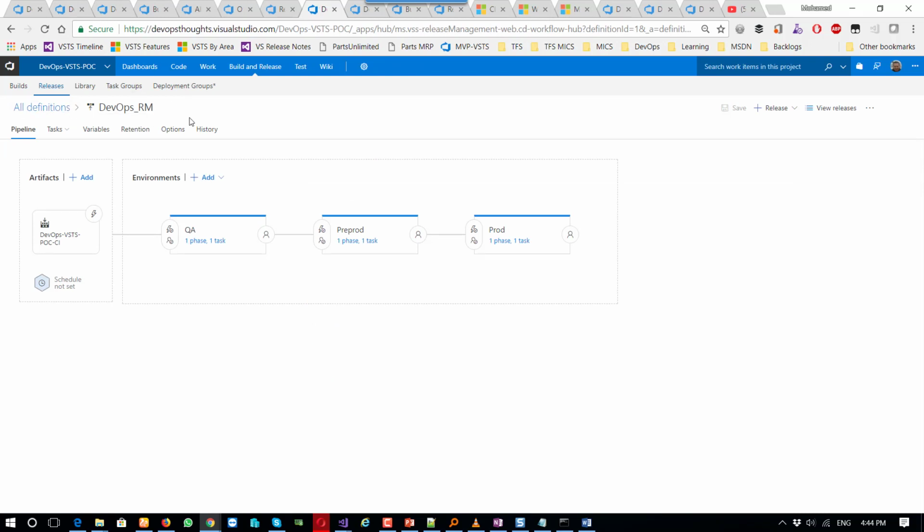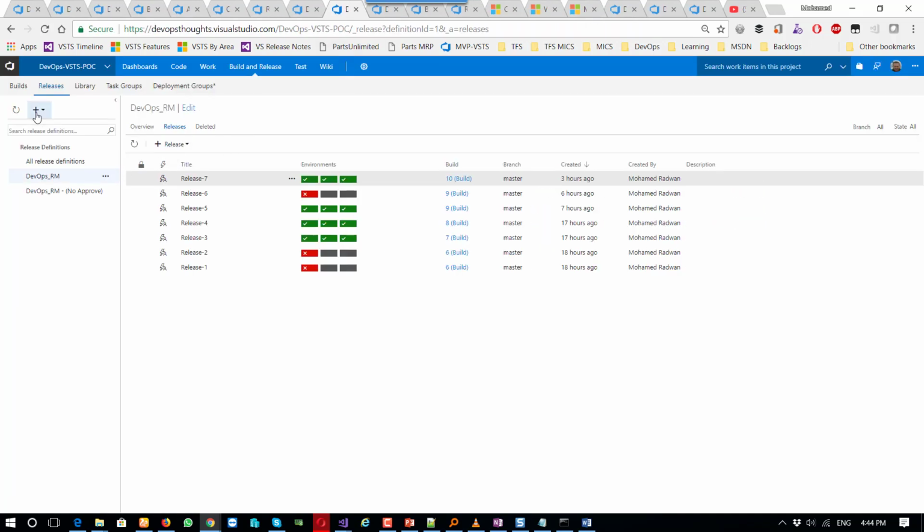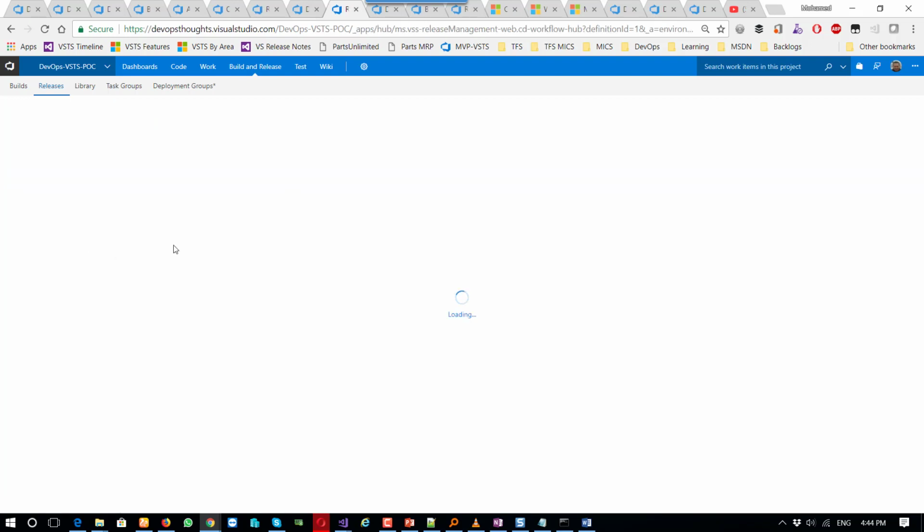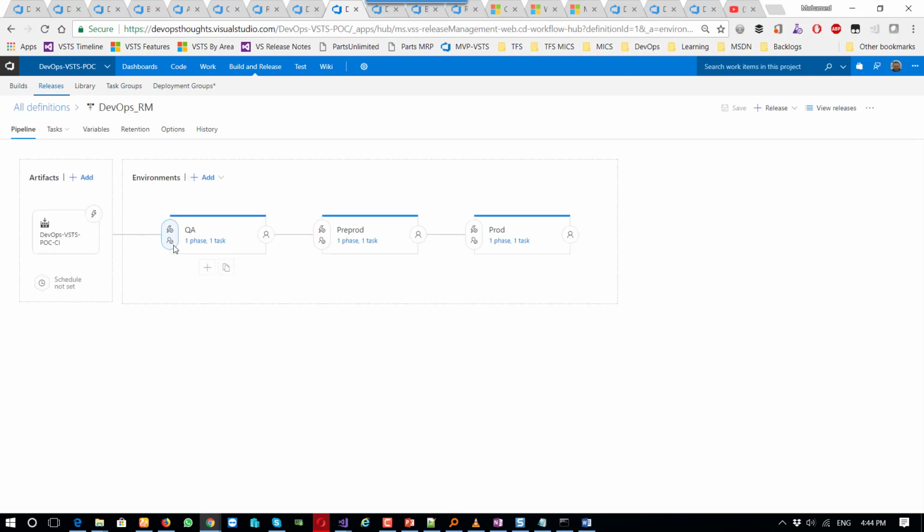All I just need to do is open release management and create a new release definition. Here, this is the release definition. So let me go and edit this release definition, which is our release. It's very easy. This is artifacts, and from here I just picked